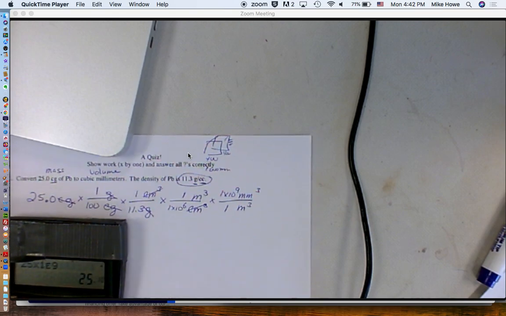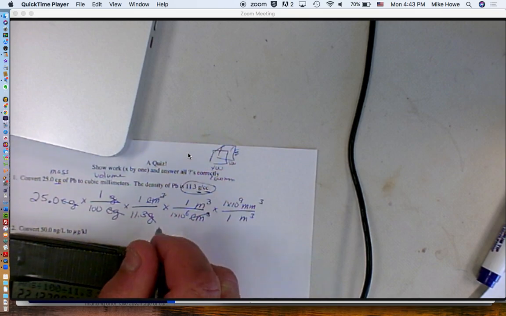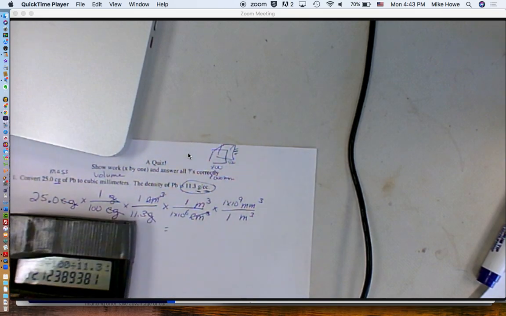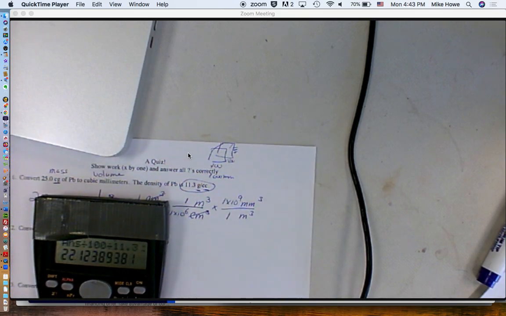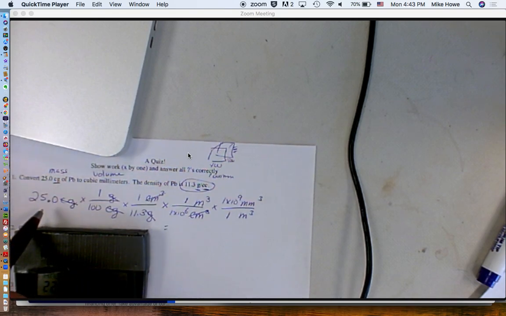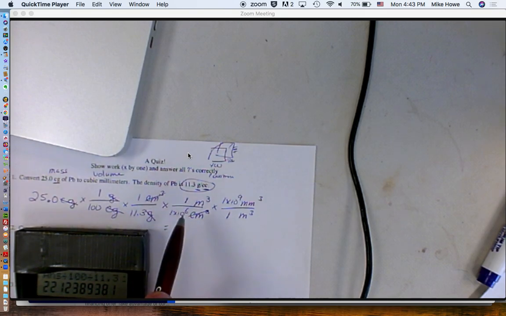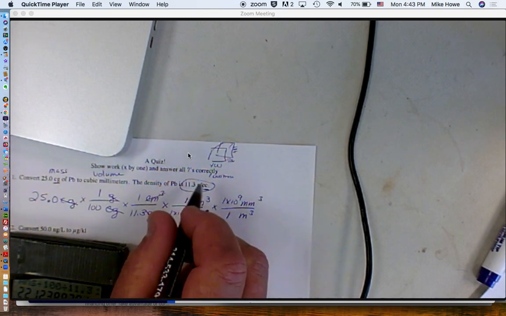Now we divide by all of the numbers that are on the bottom. So divide by 100, divide by 11.3, divide by 1,000,000. And that's it. So we get 22. Well, you can see what the number is there, but we have to round it off to 3 significant digits because this number only has 3 significant digits, and so does that one. These numbers have infinite significant digits because they are definitions. All right, so we're going to have